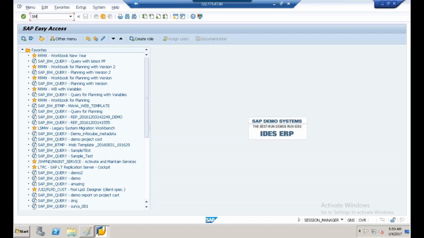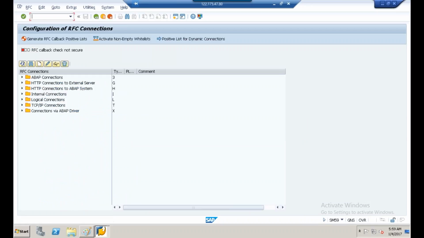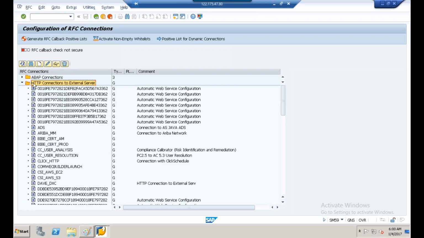SM37. Sorry, SM59. And click enter. So here we have SM59. SM59 is a T code in which we can find the HTTP connection. So here you have HTTP connections to external server. Once we expand this, if we scroll to the bottom,